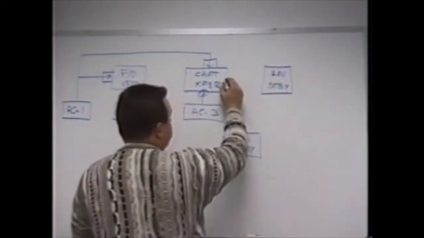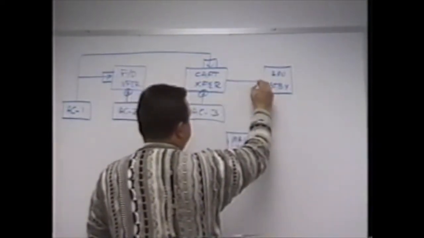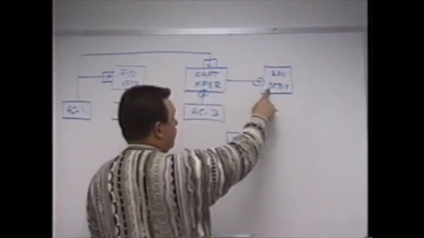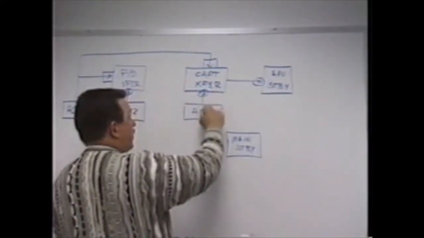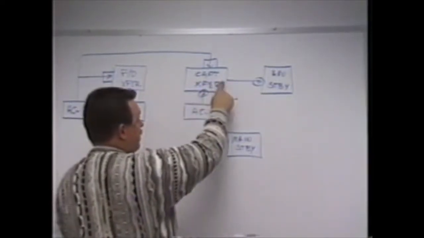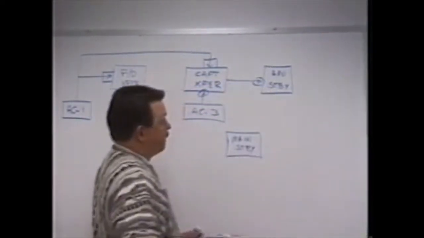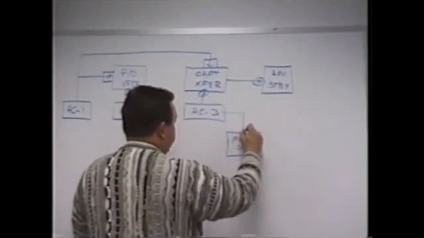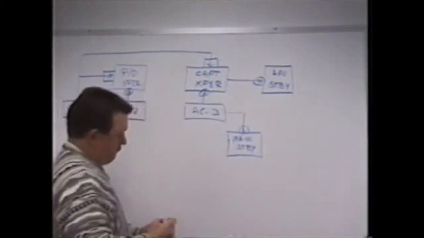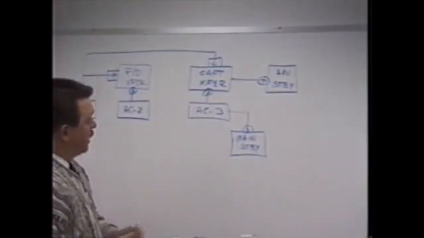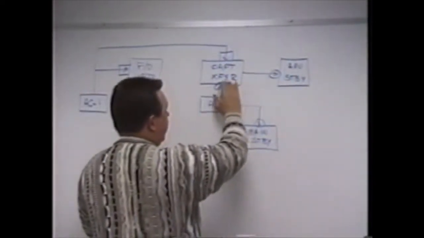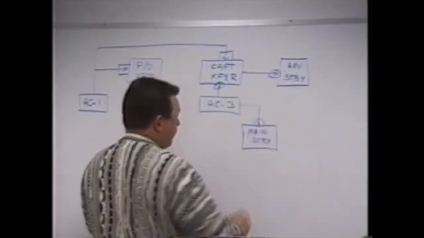APU standby power is normally powered by the captain's transfer bus. If the captain's transfer bus is powered, it will power the APU standby, regardless of the source, whether it be AC bus 3 or AC bus 1. As long as it's powered, it'll power your APU standby. Main standby bus is normally powered by AC bus 3. As long as the normal power source is AC bus 3 and captain's transfer is available, your 2 standby buses remain